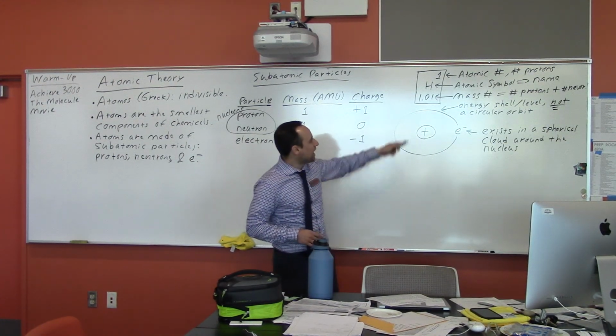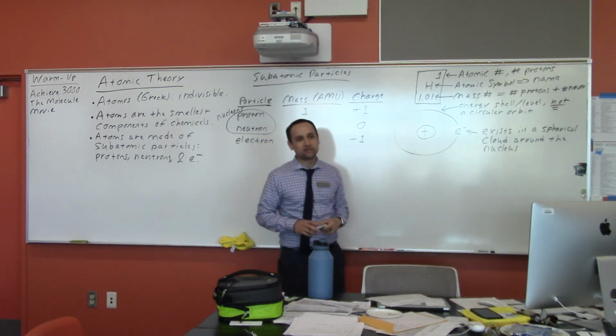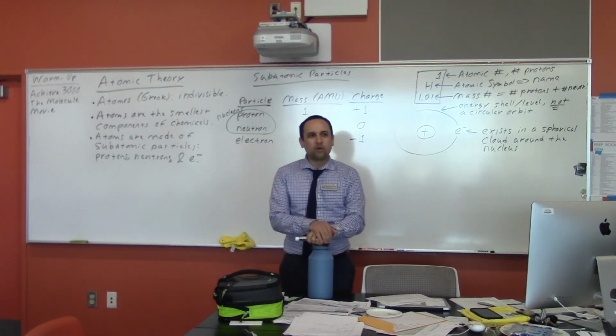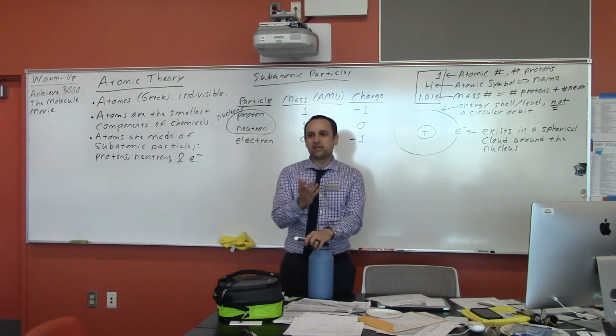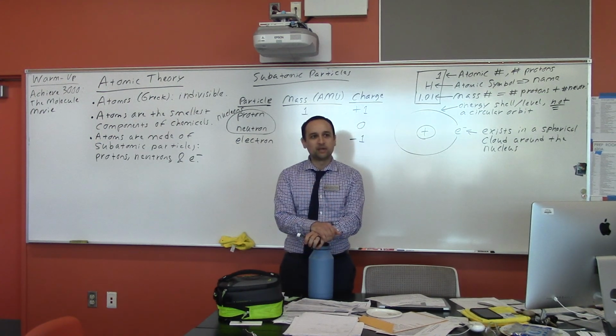Okay. So hydrogen can be diagrammed like this. Well, what about larger atoms? What about helium, which has an atomic number of 2 and a mass